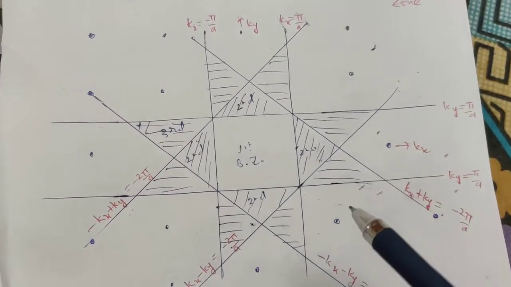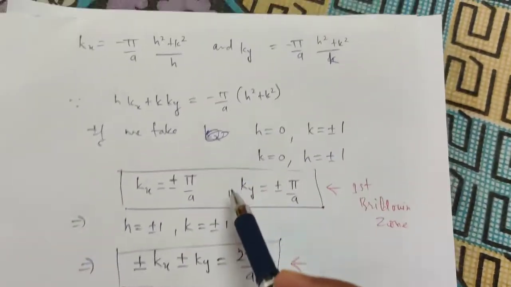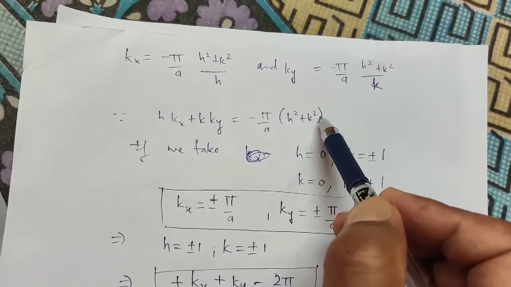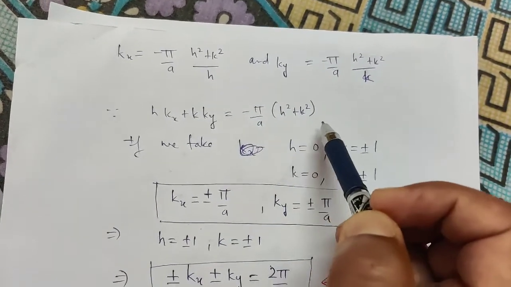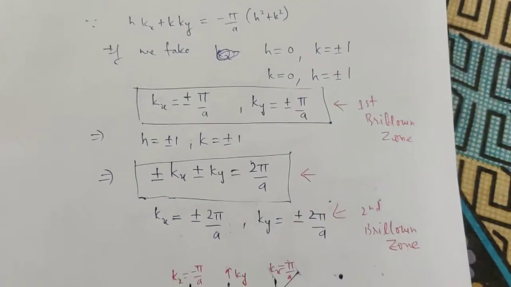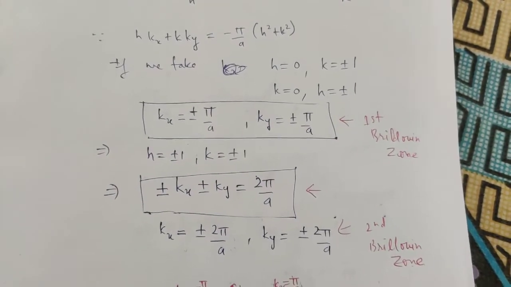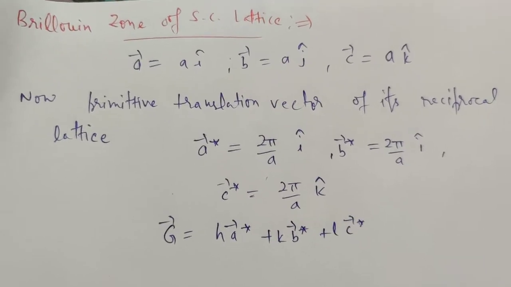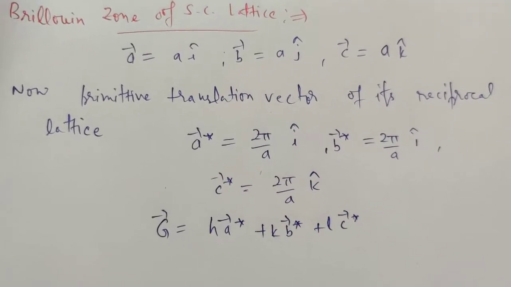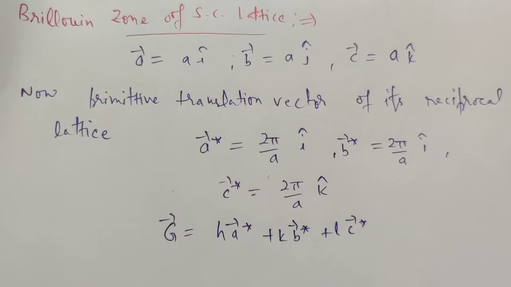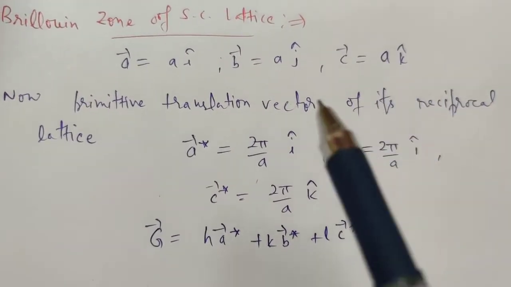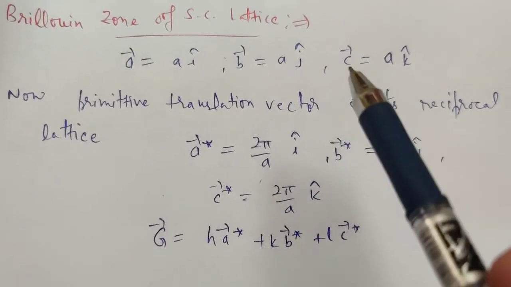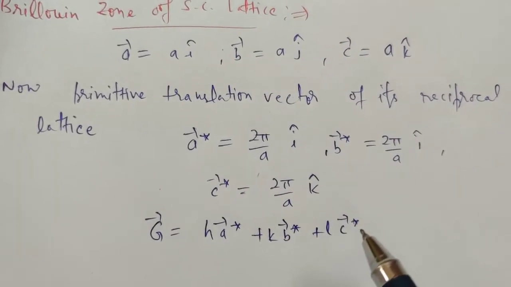So you can also incorporate your third dimension here. There will be l squared added. This is for 2 dimensions, and there will be the case for 3 dimensions, and we will consider the 3-dimensional simple cubic lattice. So now we will construct the Brillouin zone for the simple cubic lattice. In the previous article we deduced it for the square lattice, that is 2-dimensional, and this is 3-dimensional. The procedure will be the same, except the third dimension is added here. Since the c vector is added, the c star vector will be added here.